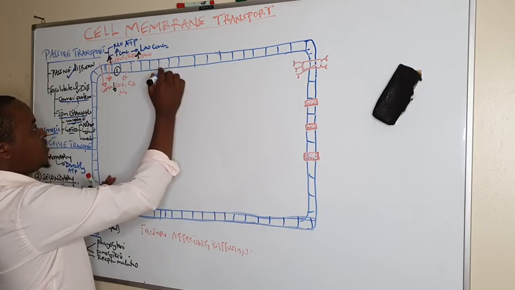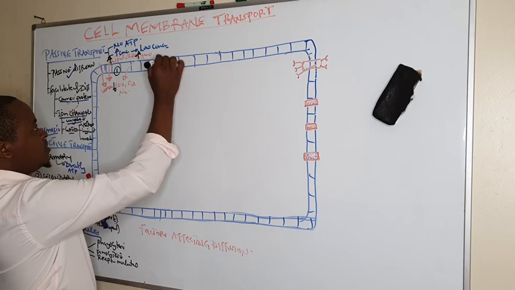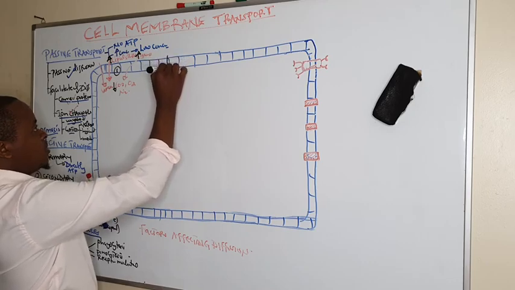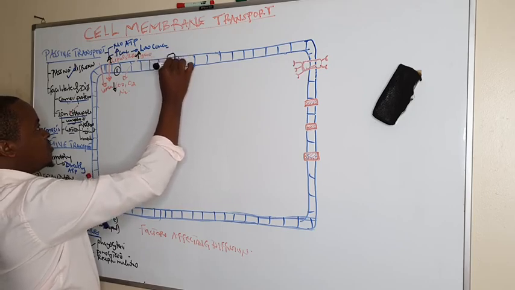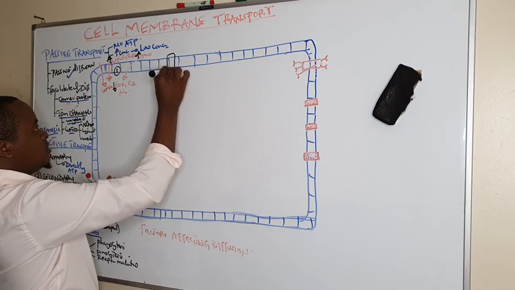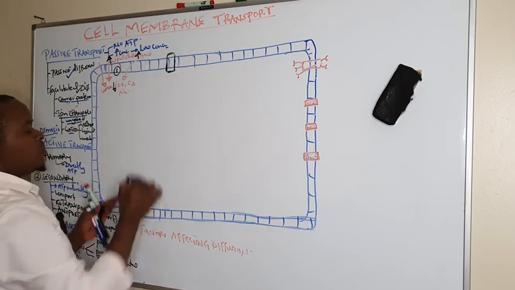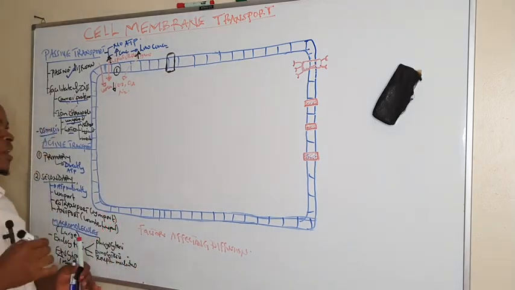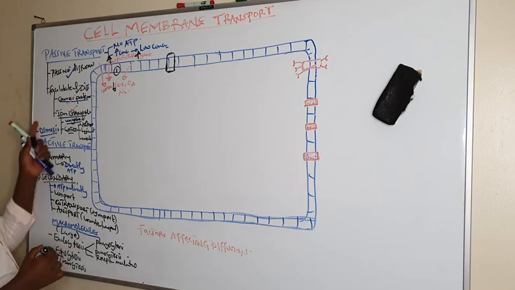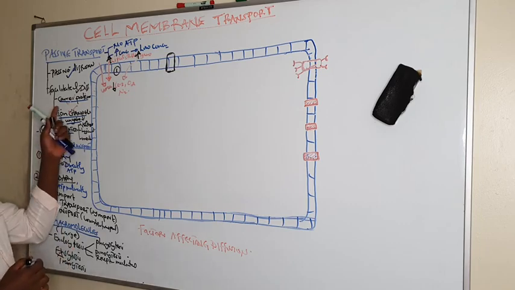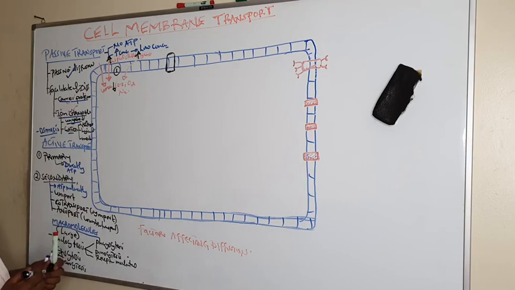In case I have a carrier protein which is across the cell, this is a carrier protein. This protein is going to carry ions from their region of higher to region of low